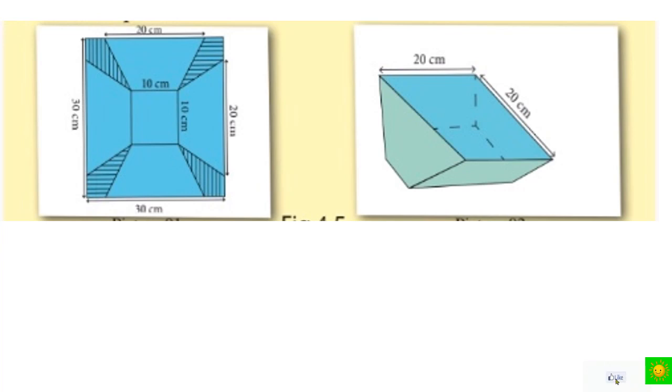Put 30 ml of water into each beaker and record the temperature of the water. Keep the box in a place with good sunlight, and keep one beaker inside the box and the other outside the box. Close the box with the sheet of glass. Remove the sheet of glass and measure the temperature of the water in the 2 beakers after 50 minutes. The beaker inside the cooker absorbs more solar energy than the beaker kept outside due to the special arrangement of the cooker. Therefore, the temperature of the beaker inside the box is higher than the beaker kept outside of the box. It happens due to solar energy.